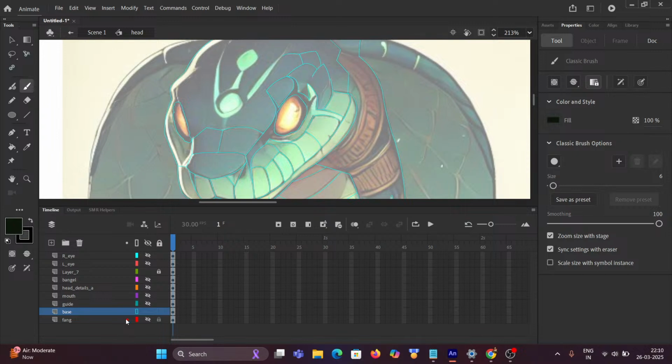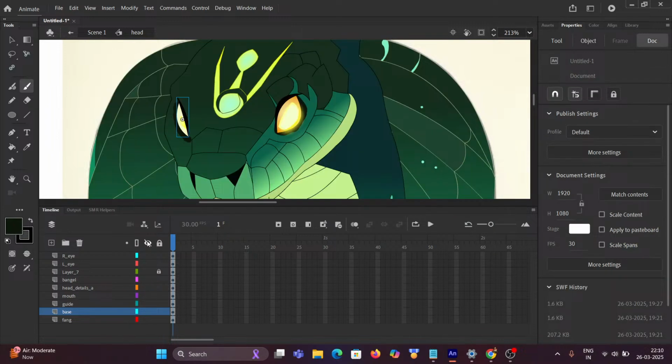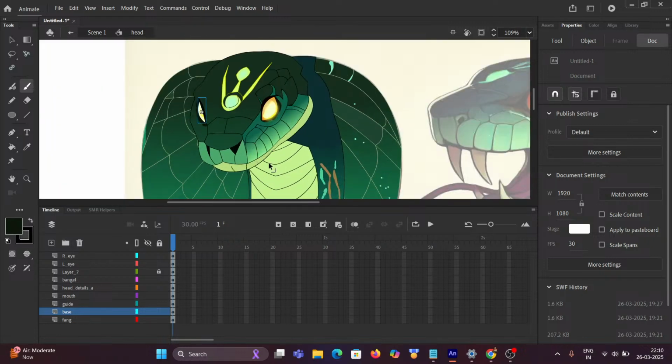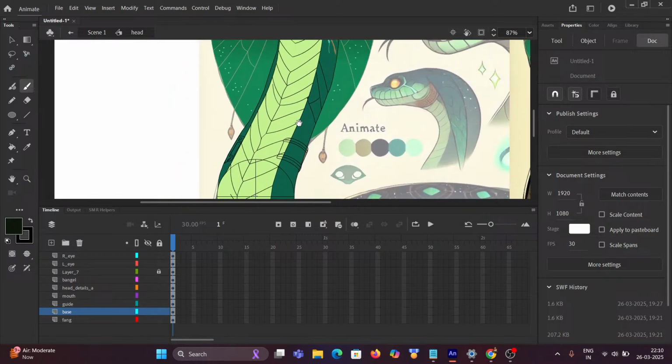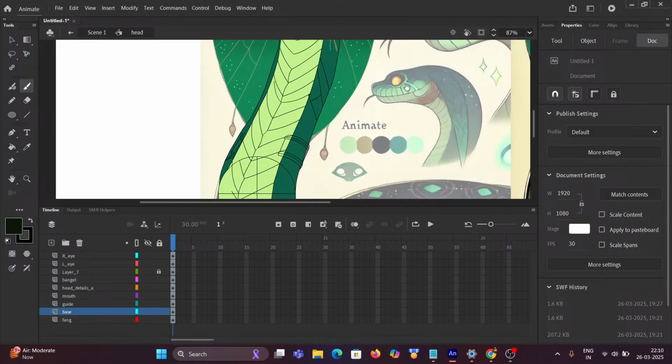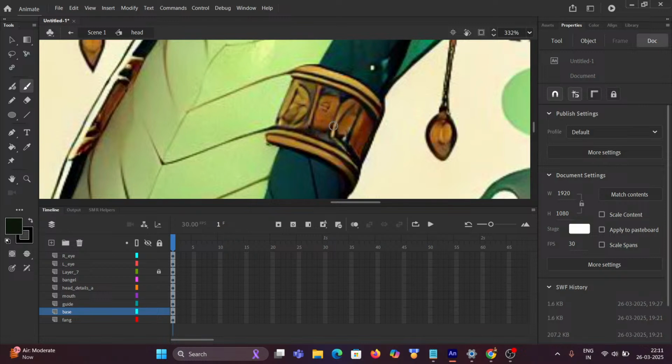Now let me reveal that effect to you, and I will make everything visible, and you can see that our character is ready. I need more details. I need to make some bangles here. You can see that it has some accessories, right? So we need to add this,